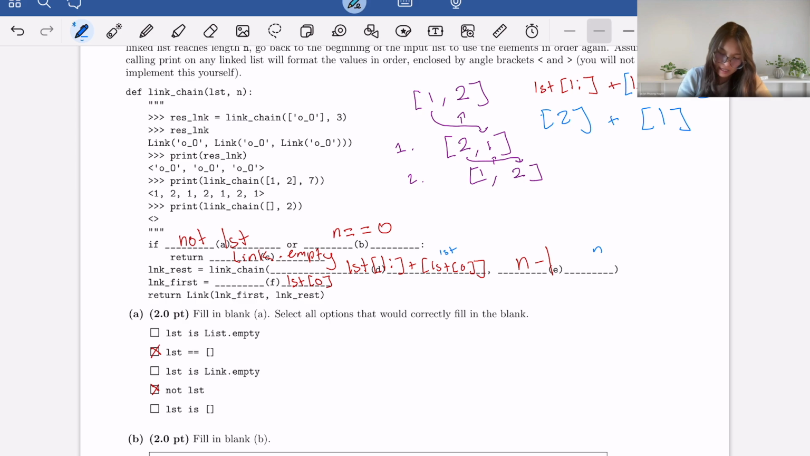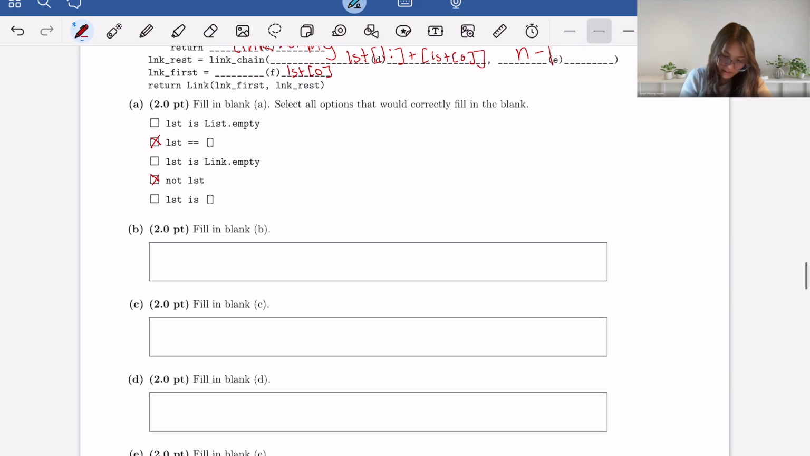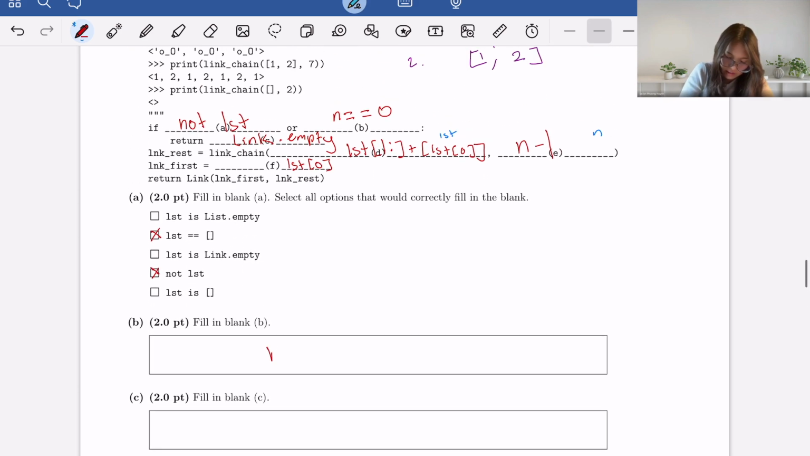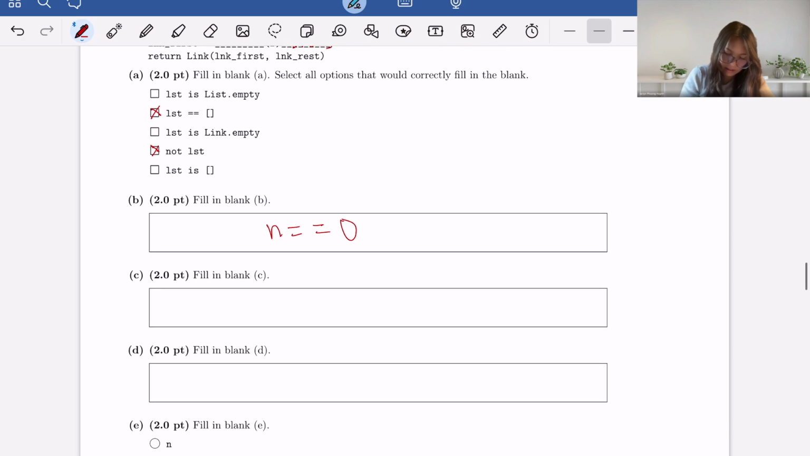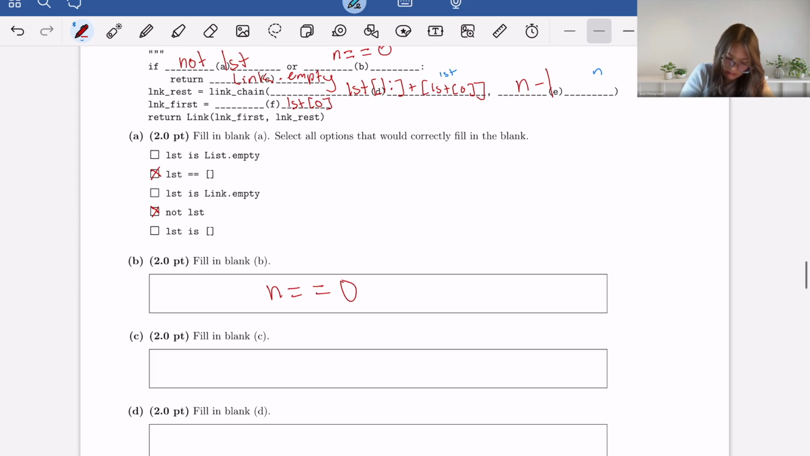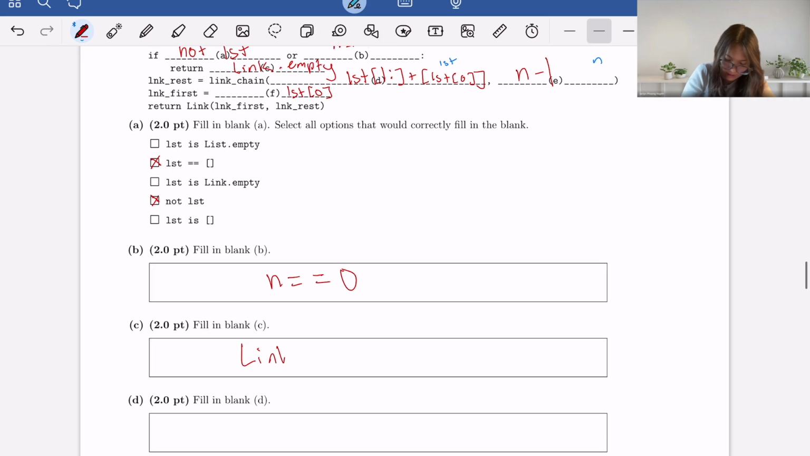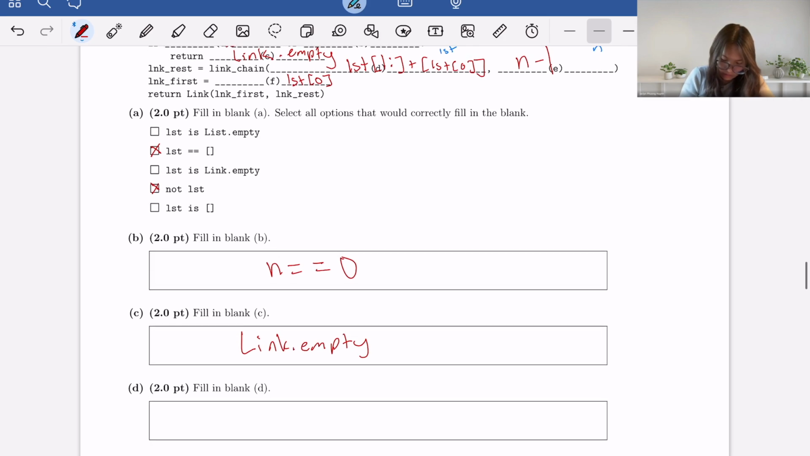Okay, so now we can fill out the rest of this. Part B is n equals 0. Part C is Link.empty. And part D was